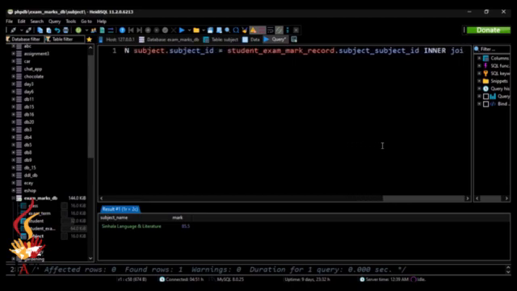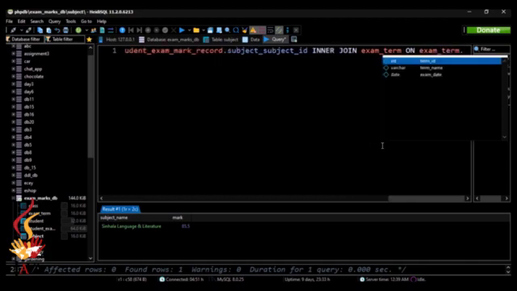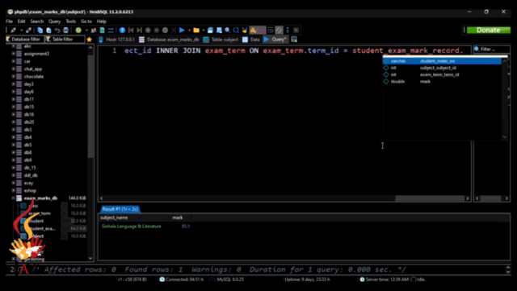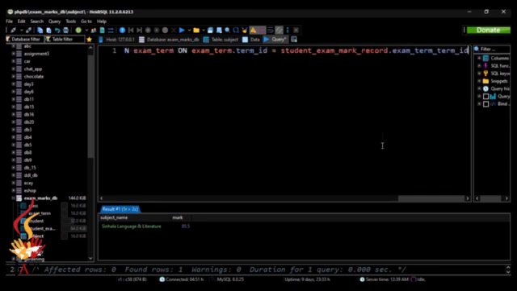And also again I will join the exam term table on the exam term ID, which is equal to student exam mark record table exam term ID,